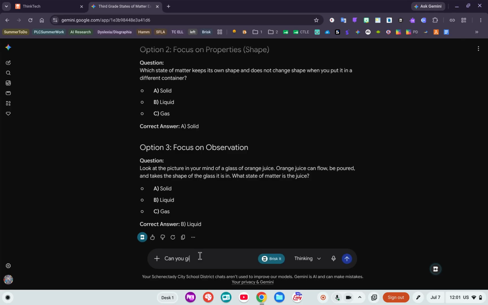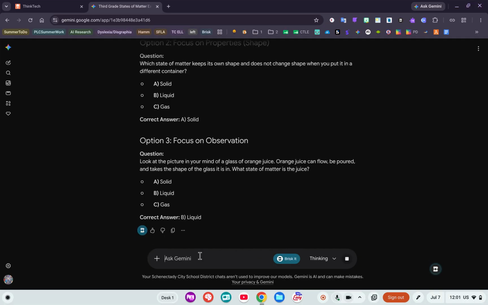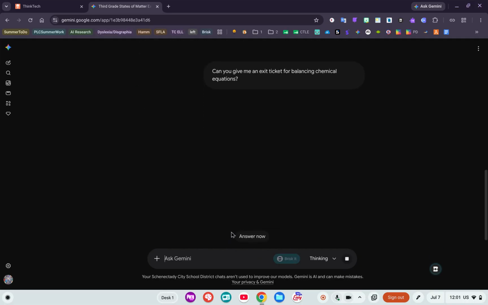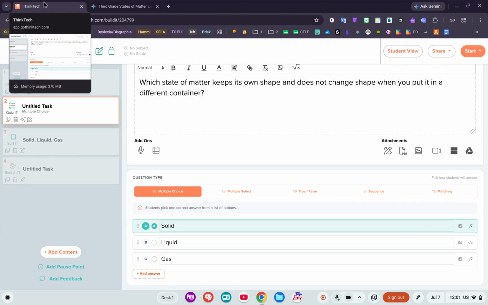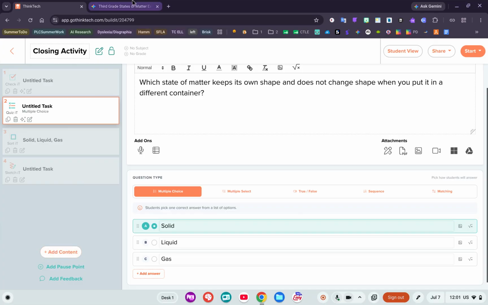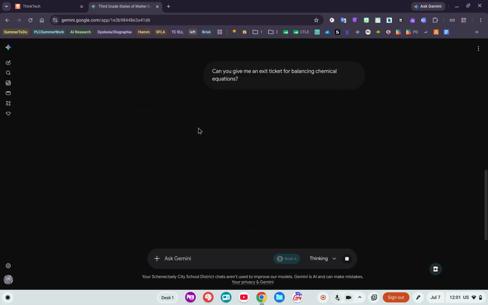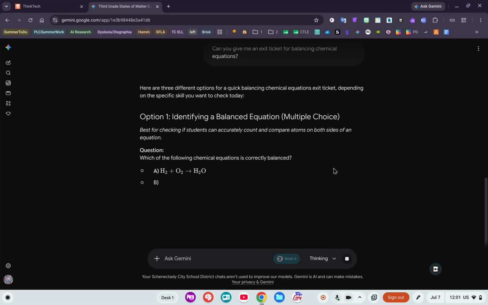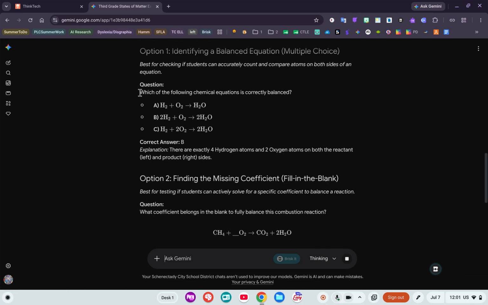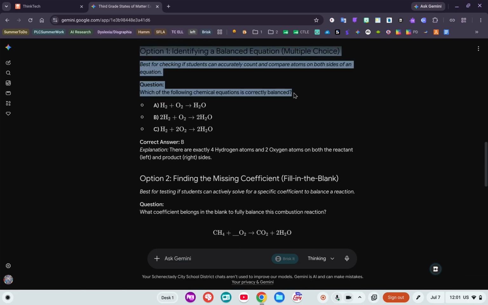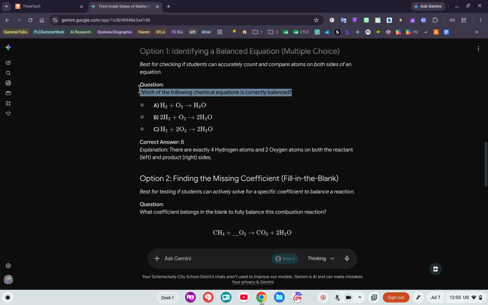But it does save a little bit of typing, especially for advanced things. Can you give me an exit ticket for balancing chemical equations? Which again, our chemistry teachers do know how to make those, but again, might not always have a lot of time for that. THiNKTech does not have a way right now to do that. I could add content from chemistry, but I'm just going to pull over here, and there you go. Which of these is a correctly balanced chemical equation? And I can just come in and grab